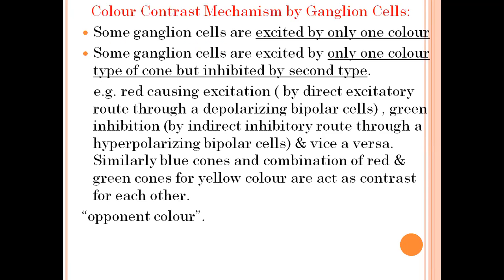So let us see what happens at the retinal layer. At the retina, there is a cell called the ganglion cell layer. And what is the specificity of that ganglion cell? That ganglion cell gets stimulated by one particular color, and can be simultaneously inhibited by another color, also called the opponent color. We will see the theories of color vision, in which there is one theory called the opponent theory. So just remember, the ganglion cell present in the retina can be excited by one color or inhibited by the opponent color.